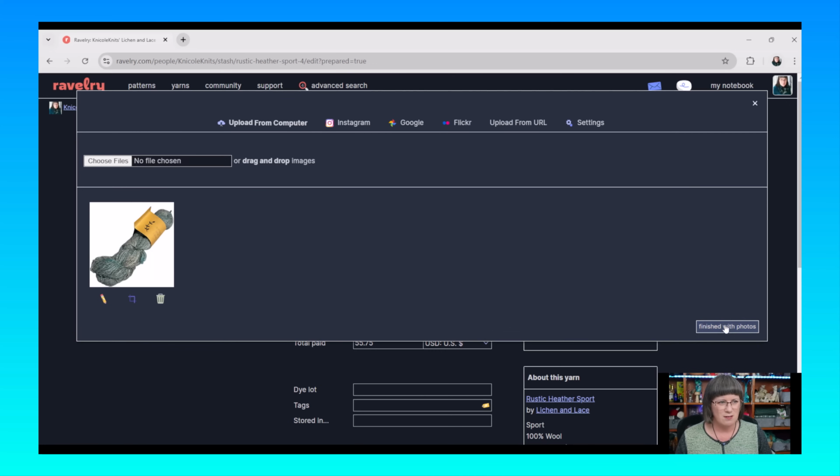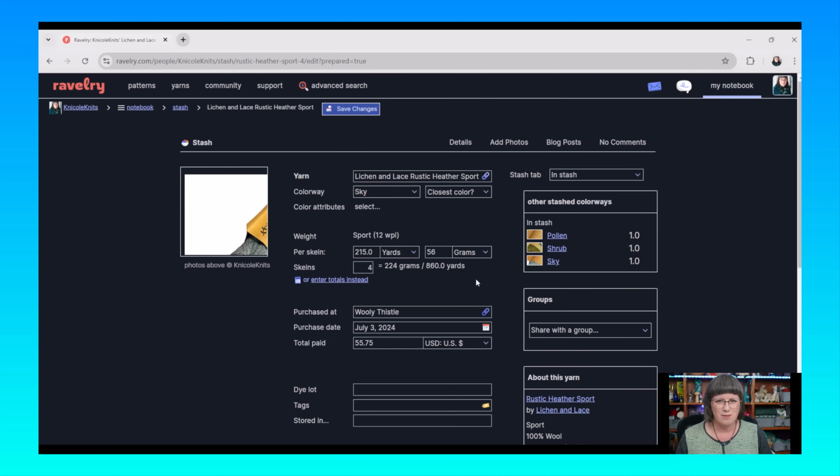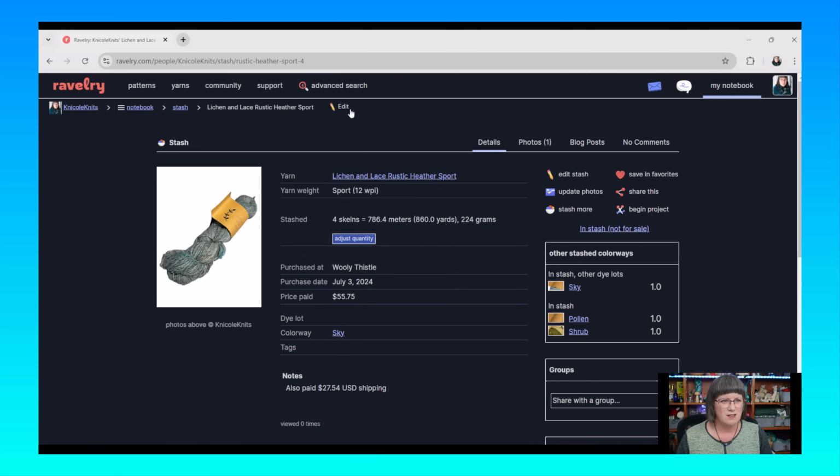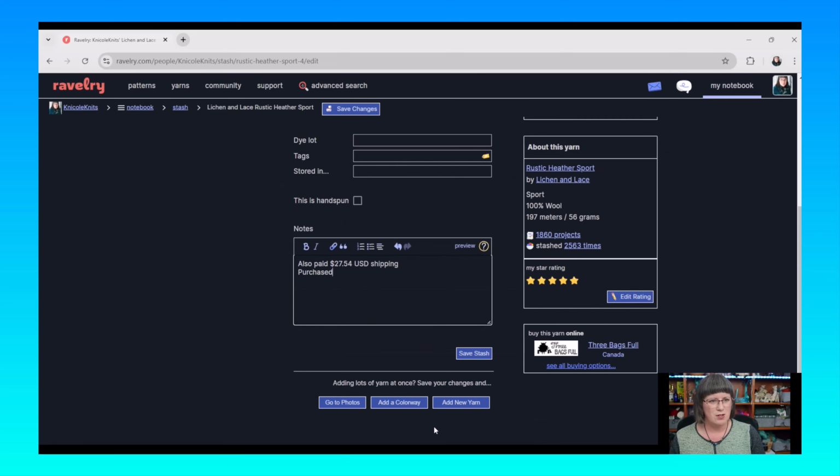And there it is, finished with photos. Save changes. And there we have it. I've entered my Lichen and Lace kit yarn. Oh, that's the other note I meant to make actually. Let's add this note. Purchased as a kit for